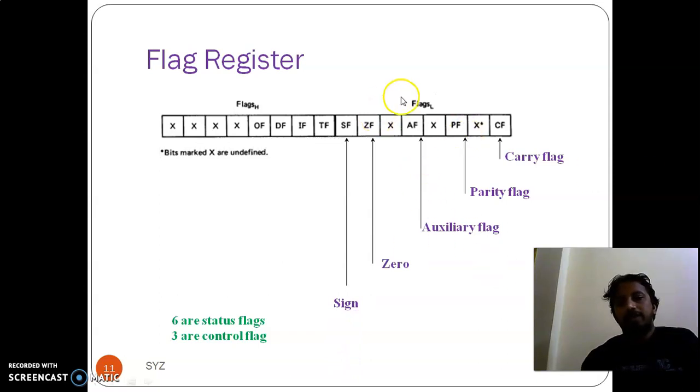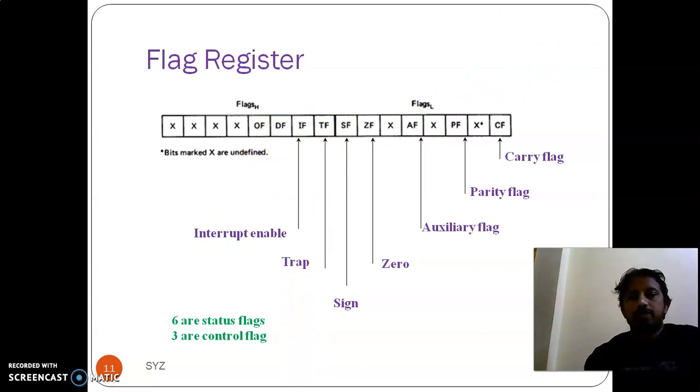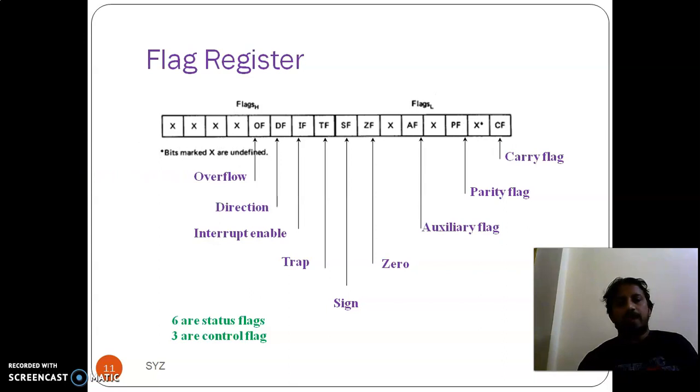The lower 8 bits of the 8086 flag register are equivalent to the 8085 flag register. The higher 8 bits have 4 flags. One of those is a conditional control flag, the overflow flag. The remaining are the 3 machine control flags. This is about the total flag register of 8086, and a more detailed description of how these flags are affected will be given later.